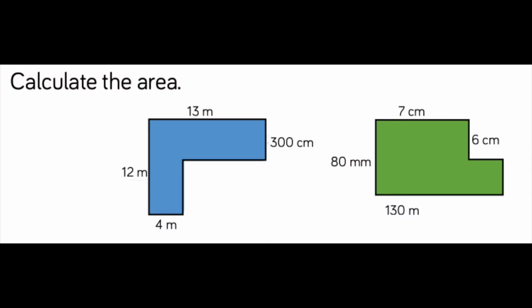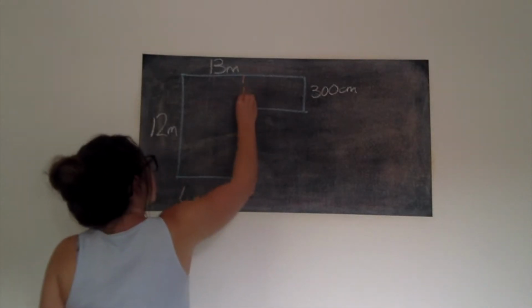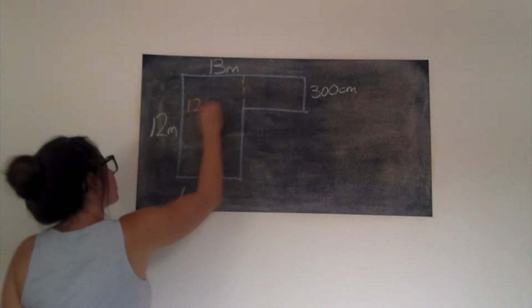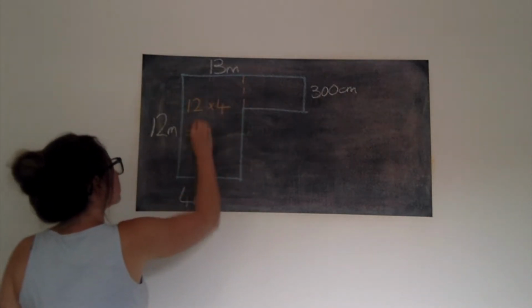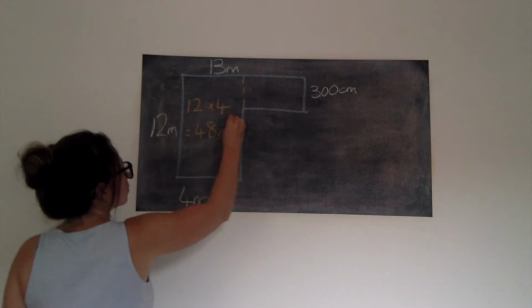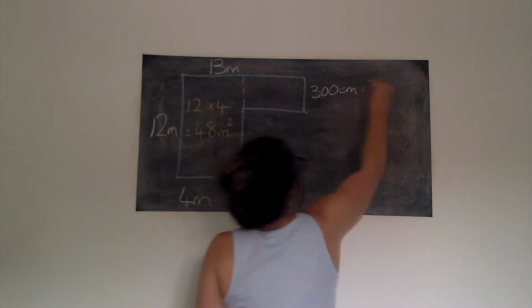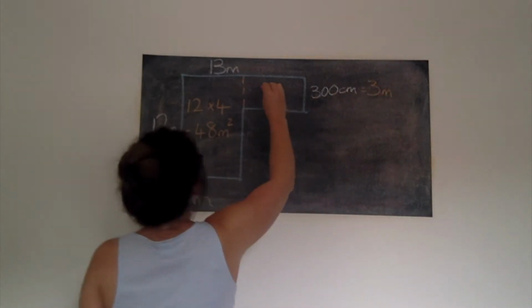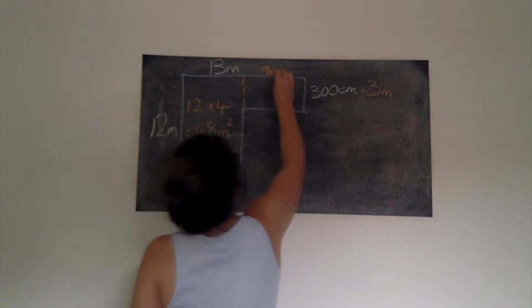First, let's go through yesterday's challenge. You had two compound shapes and you had to find the area. To start off with, I drew this out and then I split them into two shapes. The first one I created was a 12 by 4 metre rectangle, so I timed those together to get 48 metres squared. Then the next section we had to do, the width is in centimetres, so